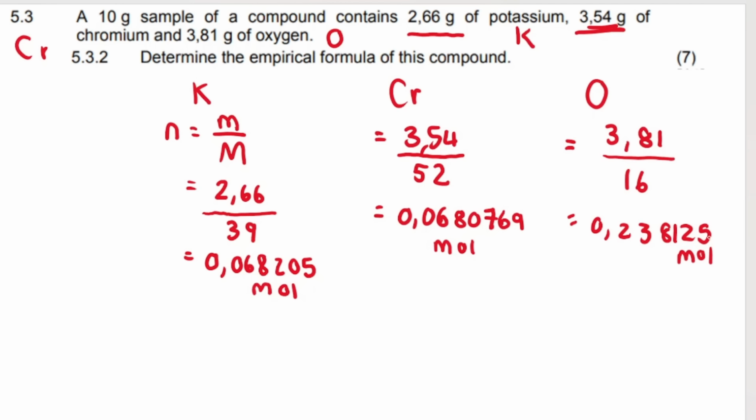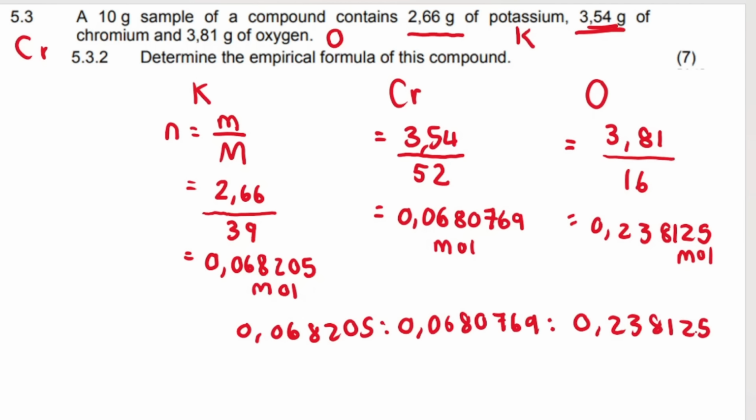Now what you're going to do is you need to write these as a ratio, and we need to divide all parts of the ratio, in other words, all 3 numbers, by the smallest number. So let's first write it as a ratio. We've got 0,068205 in a ratio with 0,0680,769 in a ratio with